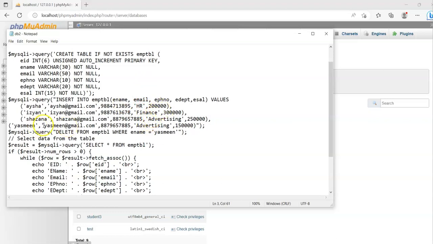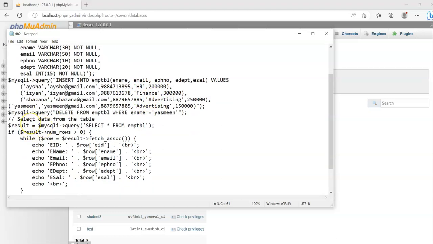Okay. So after doing this, I'm deleting the values. Look at this: mysqli query DELETE FROM, that should be in double quotes, table name WHERE ename is equal to, in single quotes, whatever value name you're searching, that will be deleted, followed by double quotes and semicolon. Then after all this,